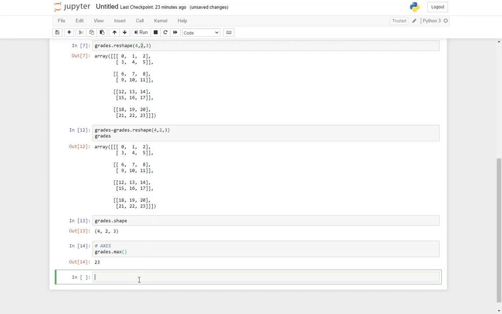Now if I want to find out the maximum along the rows or along the columns of a table, let's say grades dot max axis is equal to 0.